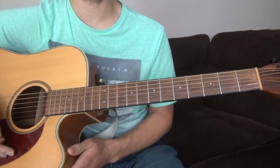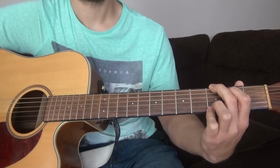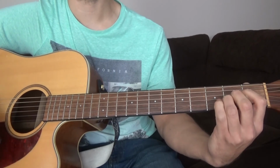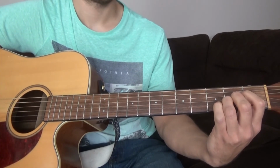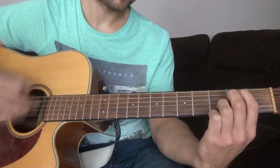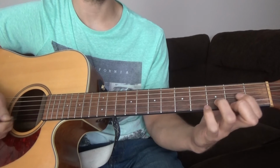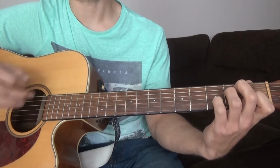What we've got is a G chord, full 2 bars on the G, then an A chord for full 2 bars, E minor 7 for 1 bar, A for 1 bar, D for 1 bar, and then E7 for 1 bar,